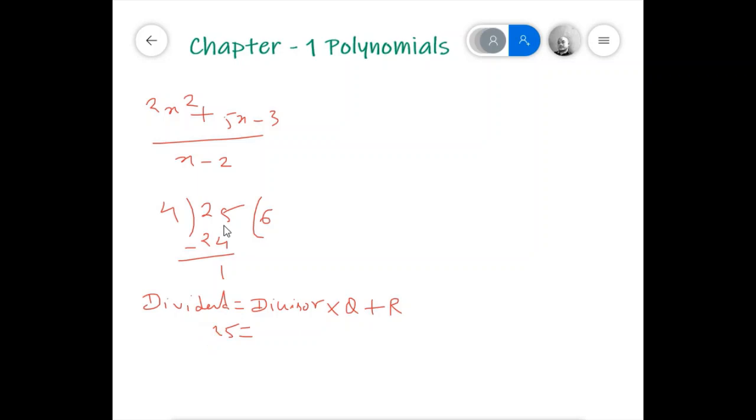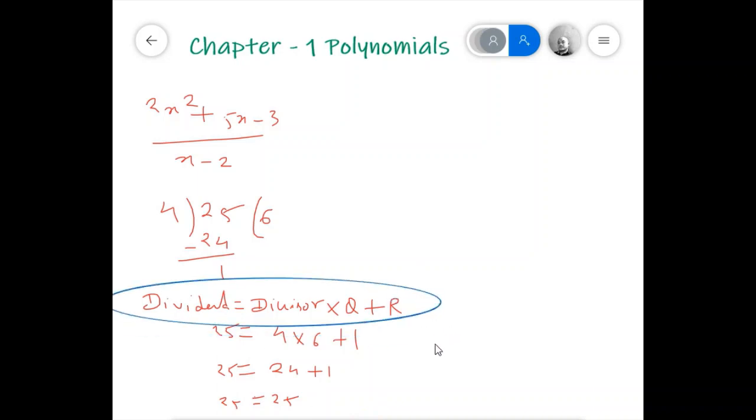Divisor is what? 4, and the quotient is 6, and the remainder is 1. And so when we go to solve this, we will check whether this is true or not. So 6 fours are 24 plus 1. So 25 equals 24 plus 1, which is 25. That means LHS becomes equal to RHS. So we can say that this relation that we are getting over here is the relationship between